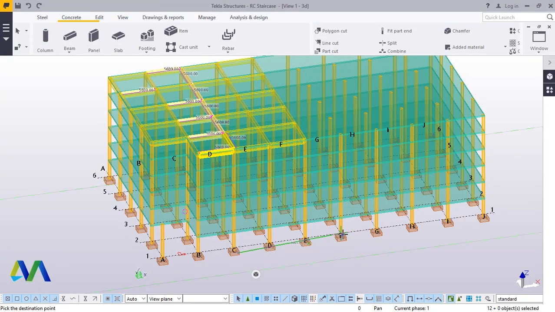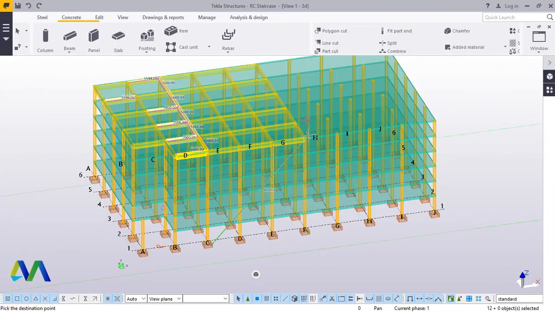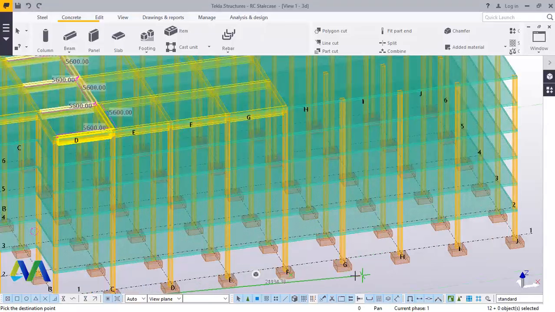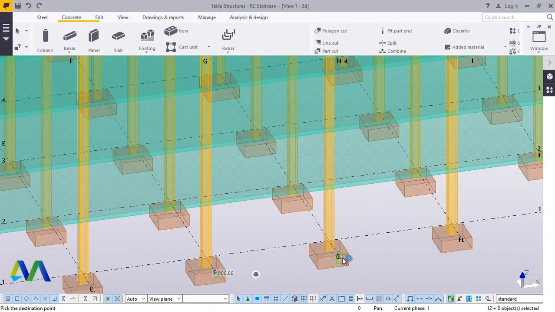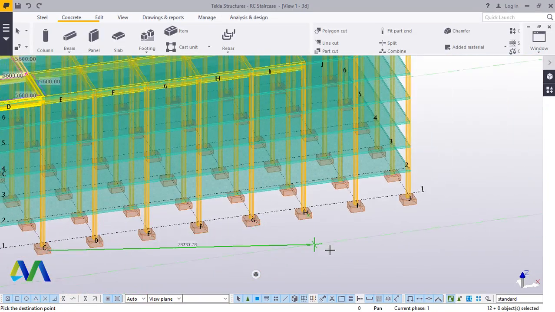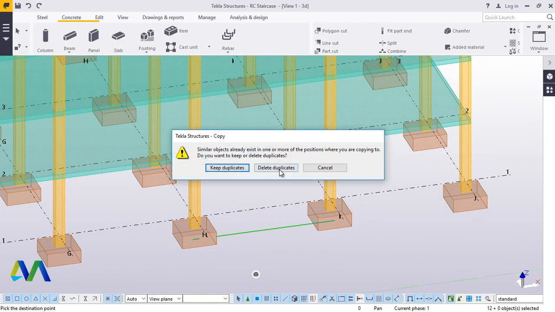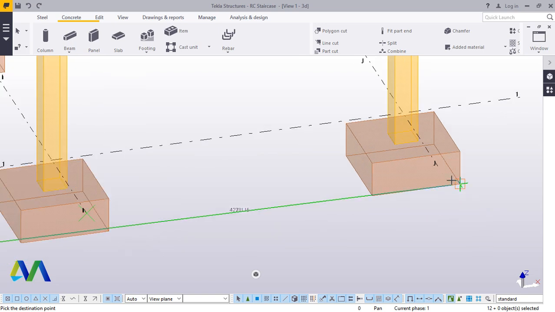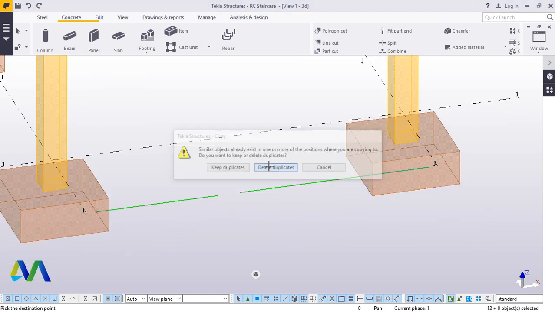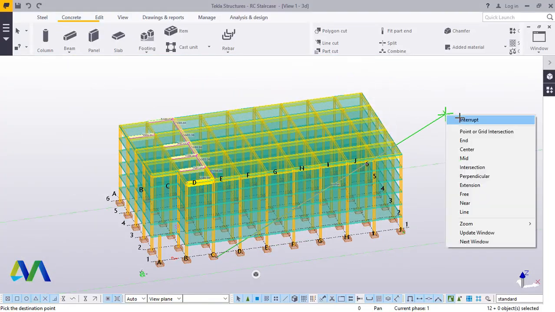And to this spot. And to this spot. We duplicate. We'll rectify that issue of duplicates. That, and place the last one here. Right click,